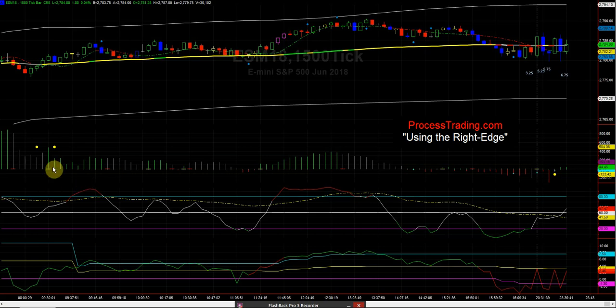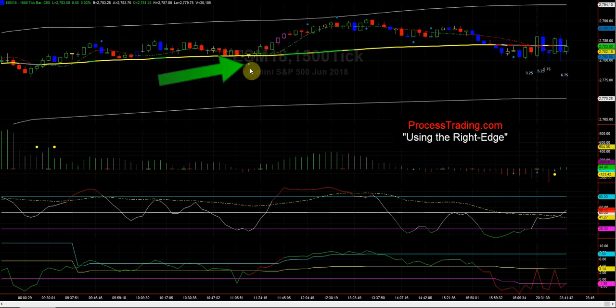So when the day started over in this area here, we see that the price went up a little bit and came down to support. Support is the process trading VWAP line. We remember that the VWAP line is used for both trend trading and also support and resistance, and also a regression to the mean line. So it came down to support. It bounced off of it here, came back down to support. And right here is where we can take our first trade according to the process trading right edge system